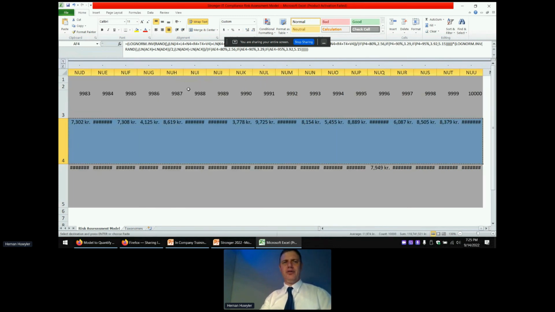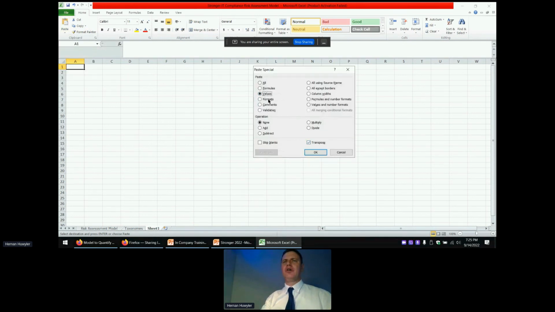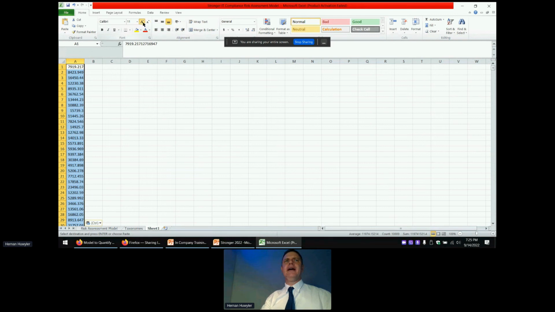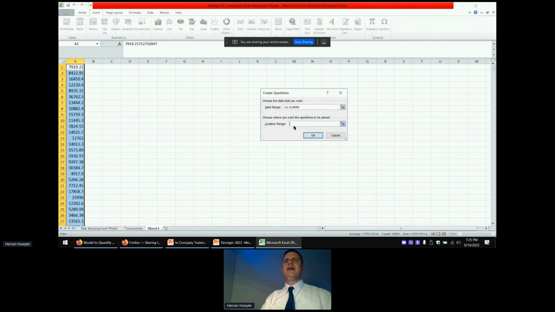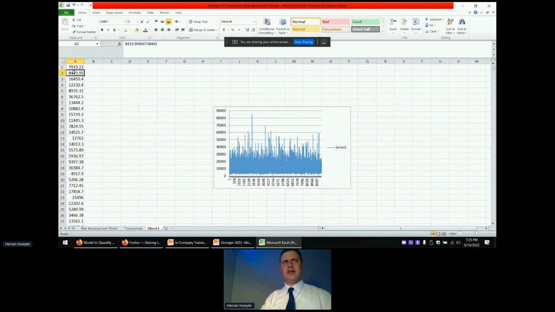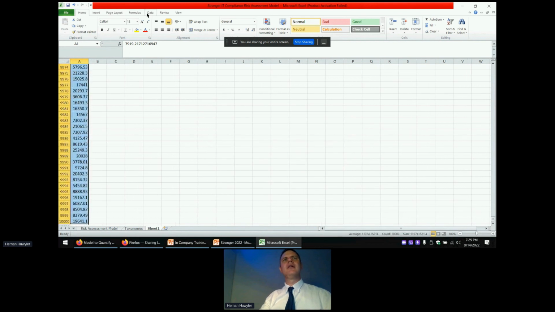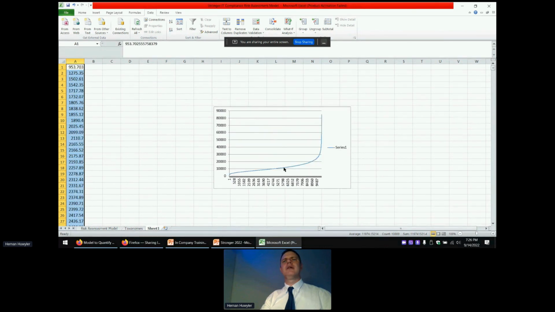You can also, if you want, create a loss exceedance curve. Let me do this work manually. Here is the loss exceedance curve. You can tell, for instance, how many cases will be for the worst and the best scenarios.